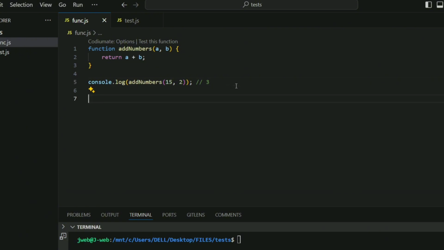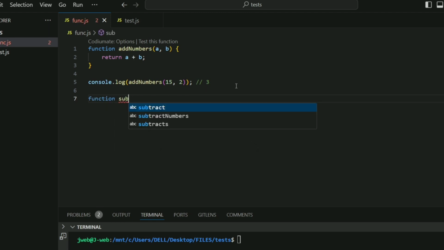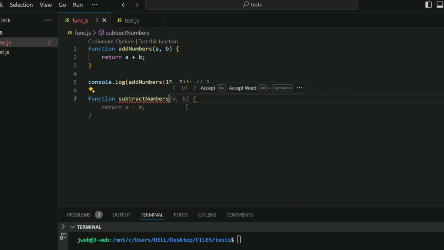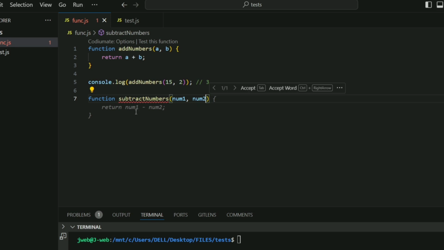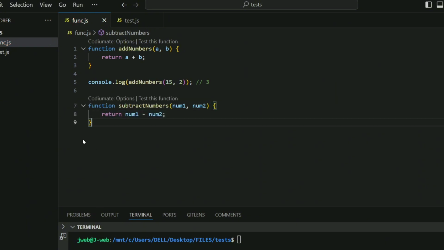Let's go ahead to do another function. Let's say this time we want to subtract numbers. So again, it's going to pop this up. Okay, let's say I don't want to take this. So I should just press escape and I'll type it out myself. So I want to use num1 this time, comma num2. So I also have the freedom to do that. Then it's going to again bring this out. It has updated the version. Now it's returned num1 minus num2. So I accept that. Okay, so I could go ahead